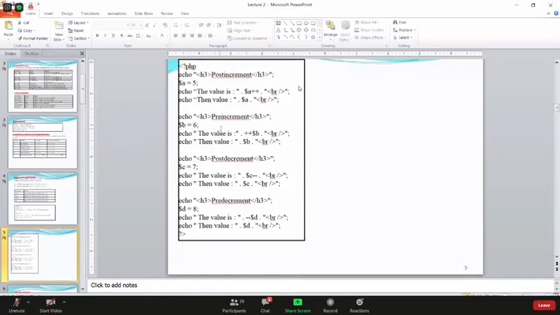Then the pre-increment, again post decrement and pre-decrement. These four situations are here. You can write with the heading tag and different variables and see all these four instances. You can see how you can get the output of these four: post increment, pre-increment, post decrement, and pre-decrement. These four things you can use within this single program.